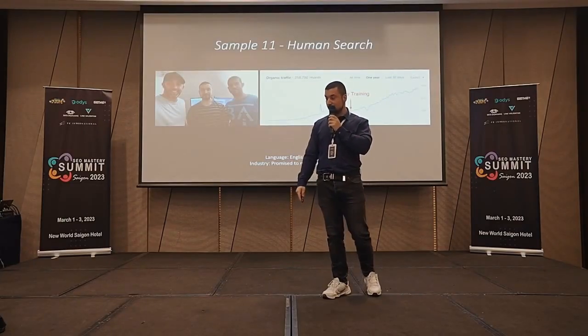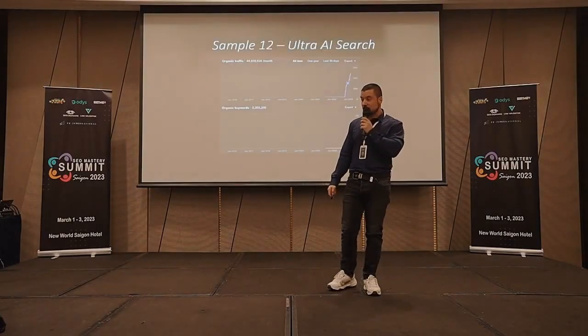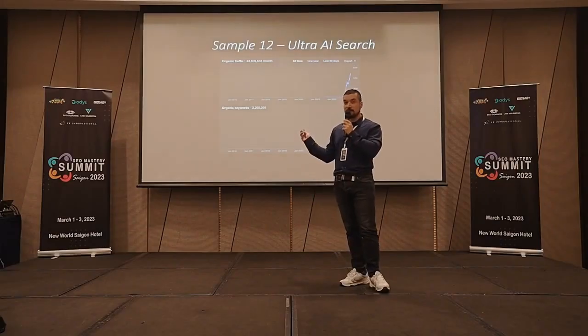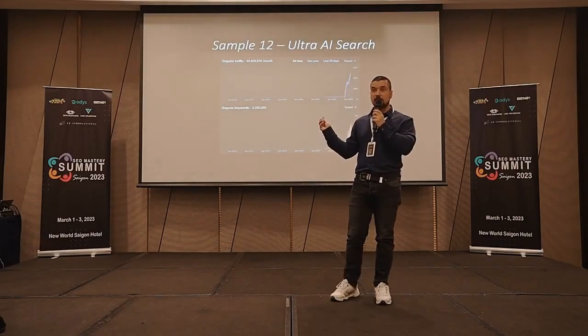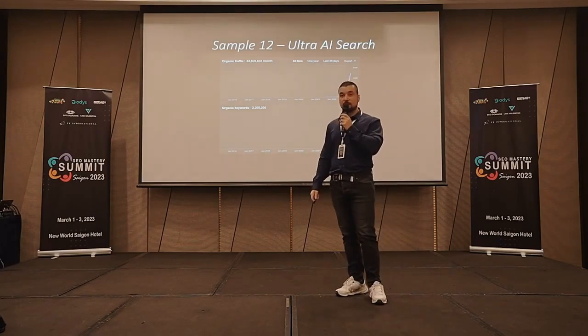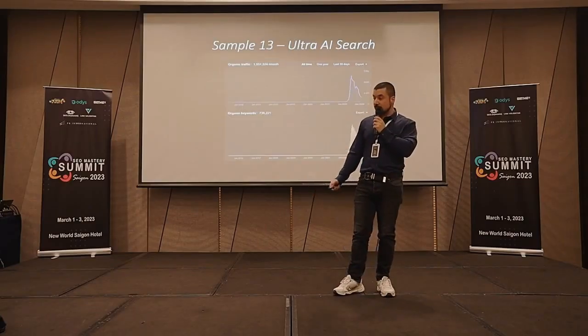And in this case here too, the training and the results are here. There are also these types of websites. I call them ultra AI search, and this website here takes nearly over 50 million clicks. Everything is with AI, with, let's say, some cheap stuff, but at the end of the day, it still works until someone new comes to the industry. But it doesn't always have to be like that.